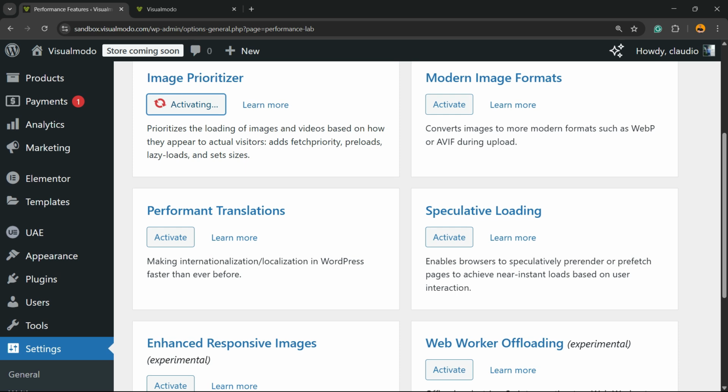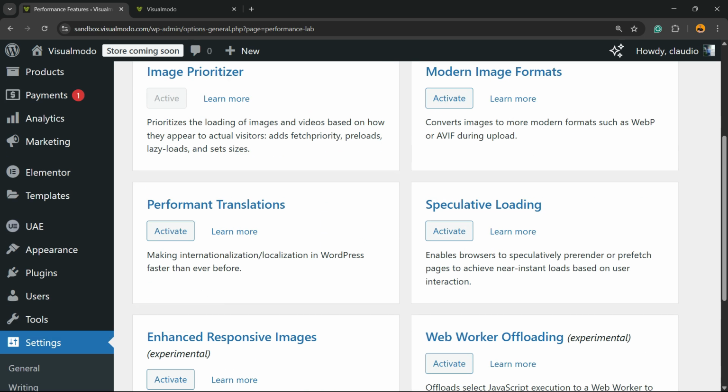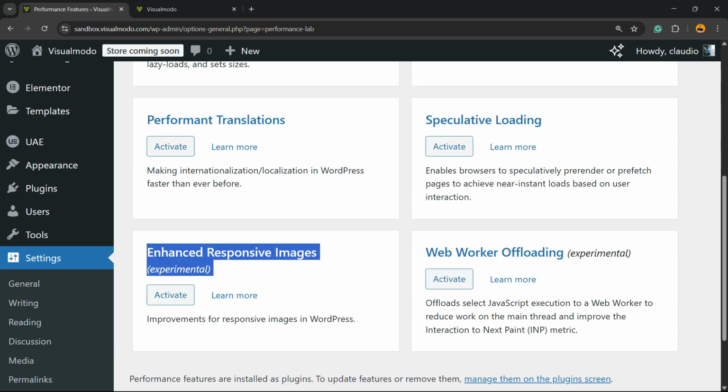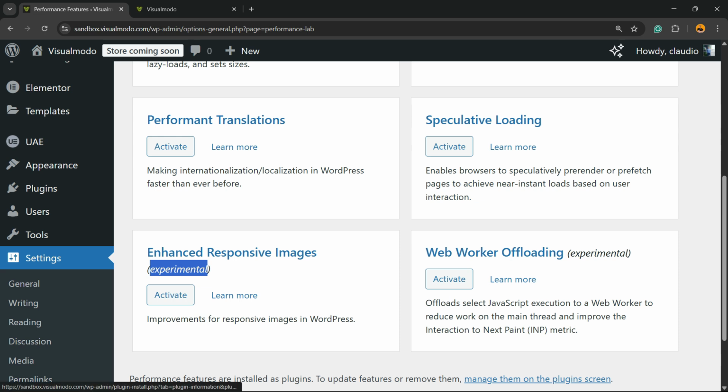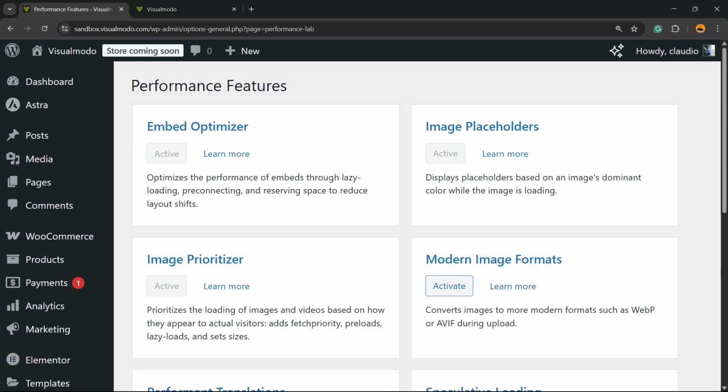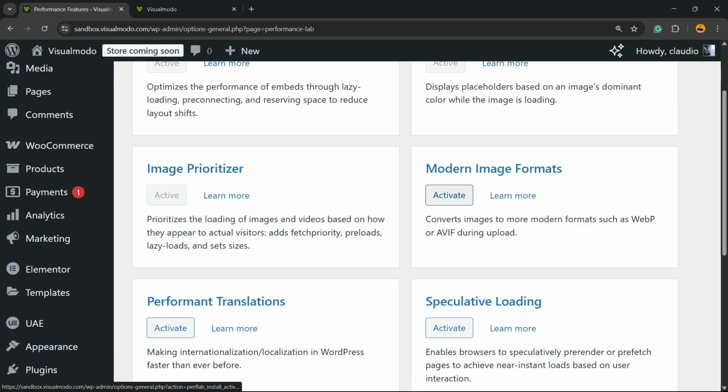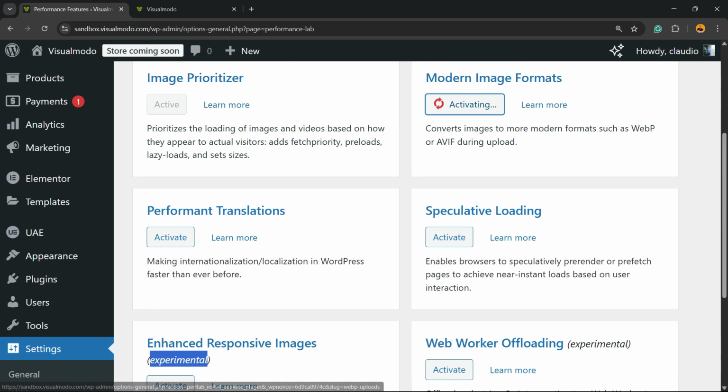I recommend that you activate all of those features right here, okay? At least not the experiments, okay? These ones I don't recommend because they can break your site with more chance. Now, try to activate all of the options. We have modern image formats, speculative loading,